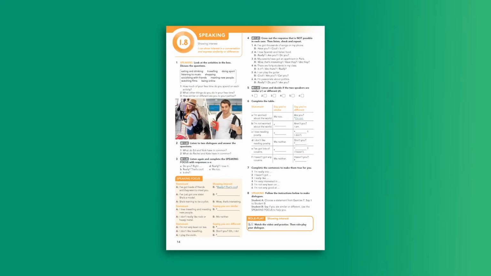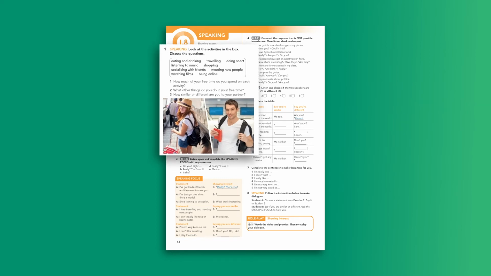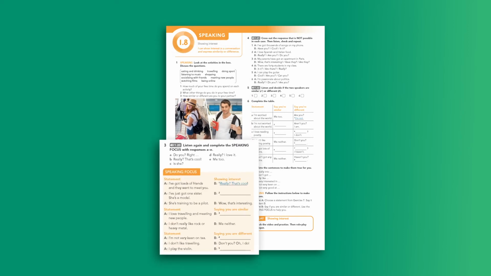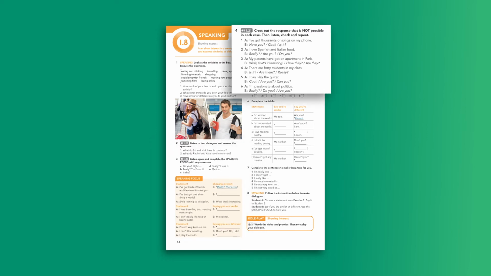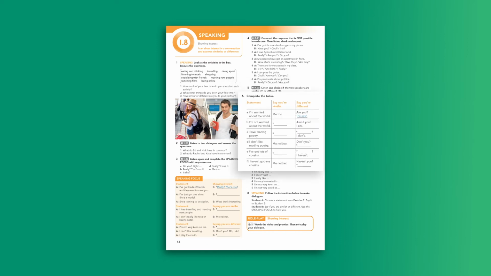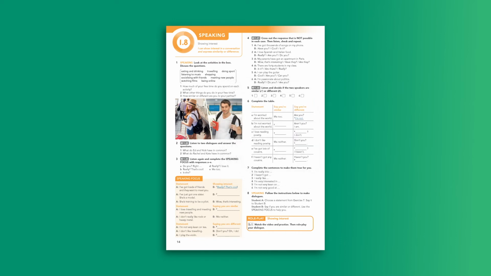The final lesson in each unit is a speaking lesson. These lessons focus on meaningful, functional and situational language which is relevant to teenagers and prepares them for everyday interactions. As in previous lessons, language is presented in context and clarified via a speaking focus box. This is followed by a range of tasks that encourage students to use new language, first through more controlled exercises and later in pair and group work